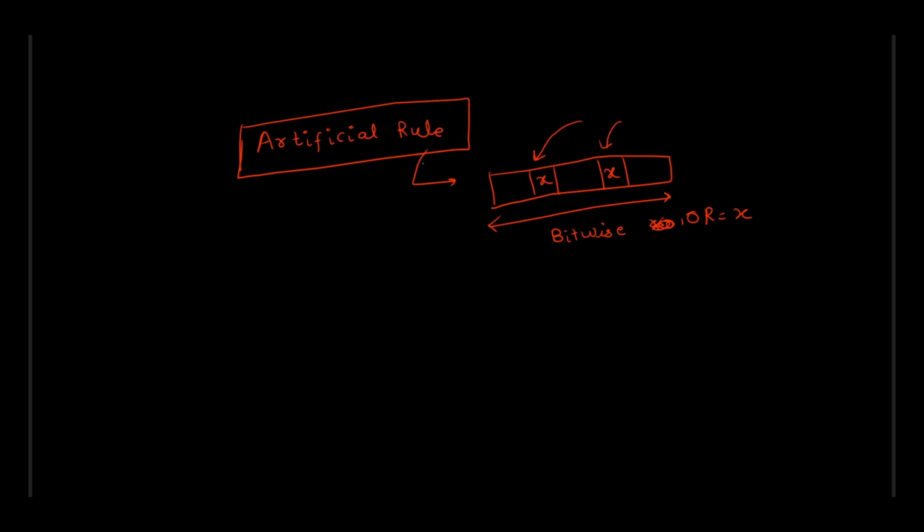So we add an artificial rule that if you are finding the bitwise OR of the subarray and it matches a couple of elements in that same subarray, then the element with the lowest index always wins. Basically, the leftmost element always wins. So this means that the bitwise OR of this entire subarray is equal to this x, not this x. This might seem very weird at first, but this is a very standard technique in contribution technique problems,